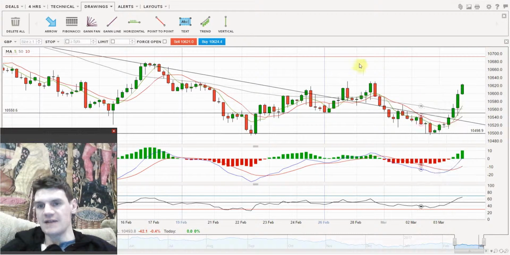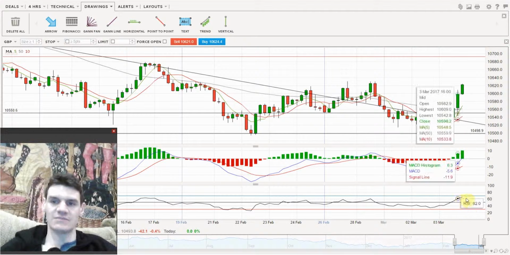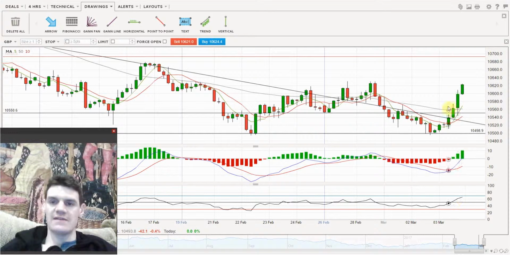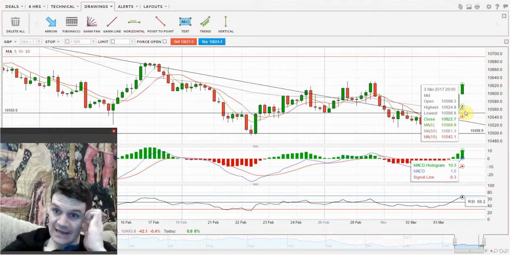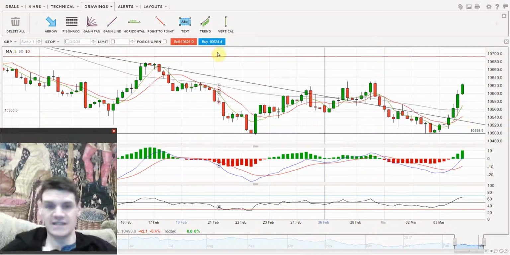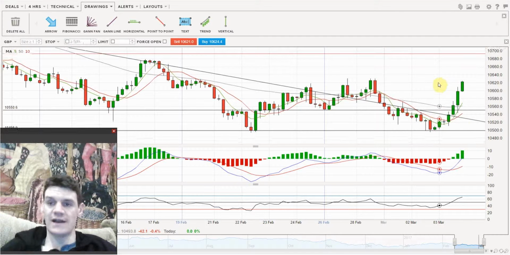So I'm thinking at the moment that I don't really want to move my stop loss down because the indicators here, especially the RSI, are showing me that there's probably not a huge amount left in the price movement. So then it's likely that it might move back down from here, especially if we get a few more news releases at the beginning of next week, which might cause price to move back down. If it does do that, then it's likely to head back down towards this descending trend line, and then I have to reanalyze my position to understand whether it's going to bounce off that trend line and be a breakout, or that it's going to go back through that trend line and it's actually going to be a